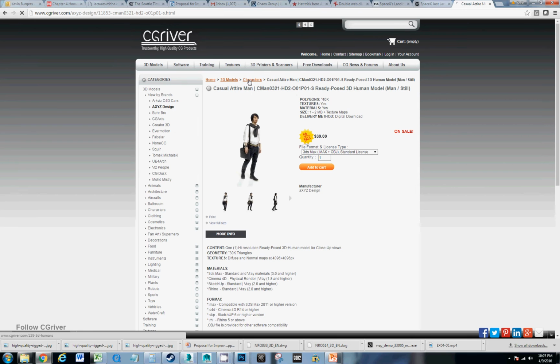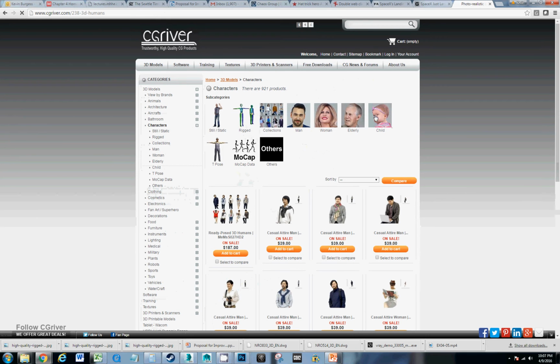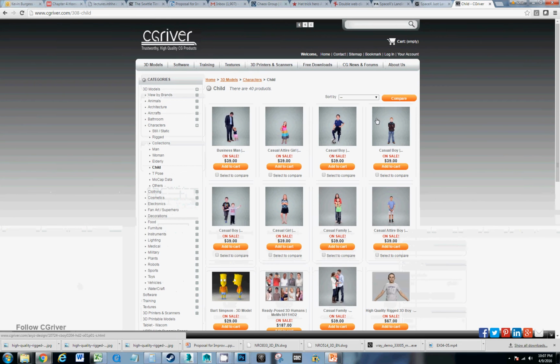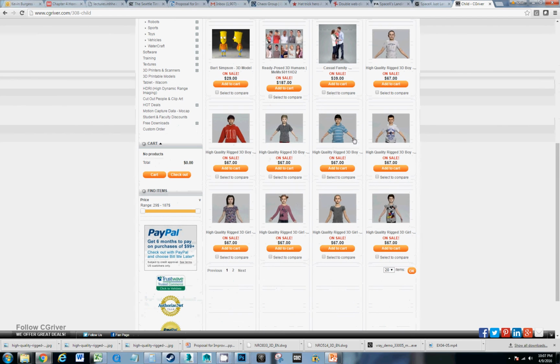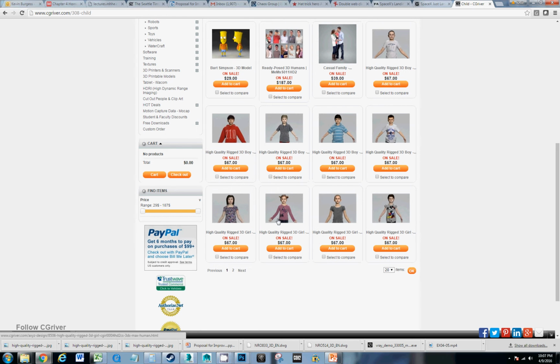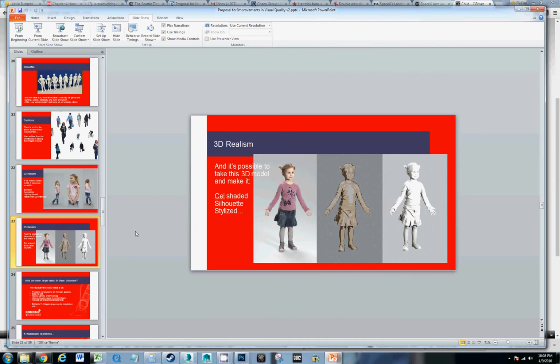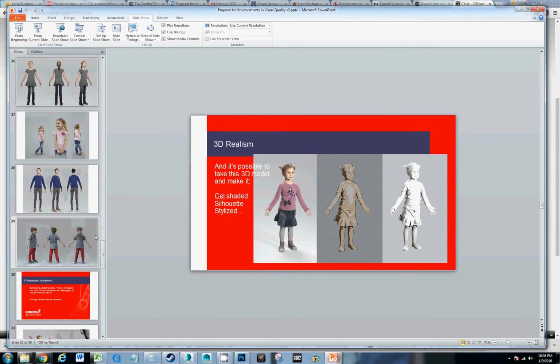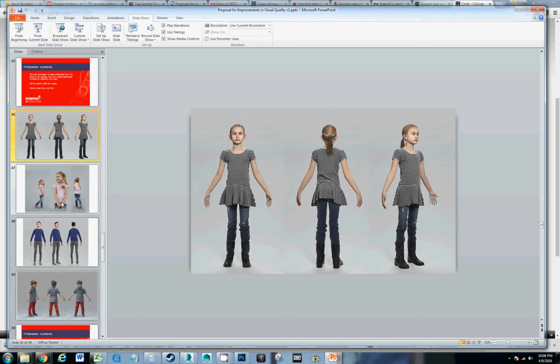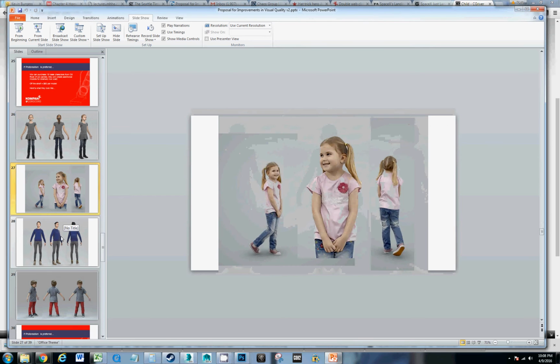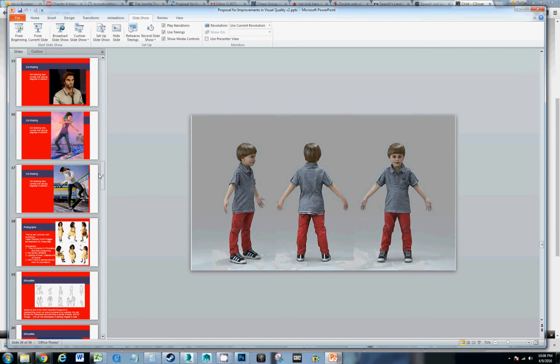So if we show the children that CG River has to offer, you can get down and see some of these kids that I've already purchased. Now, I've purchased this model right here for $67. This one right here, I believe this little boy here, and then a youngish woman. And let's go back to the presentation and I can show you which ones. So I have this model, this model, this model, and this one. And then I bought a fifth one,